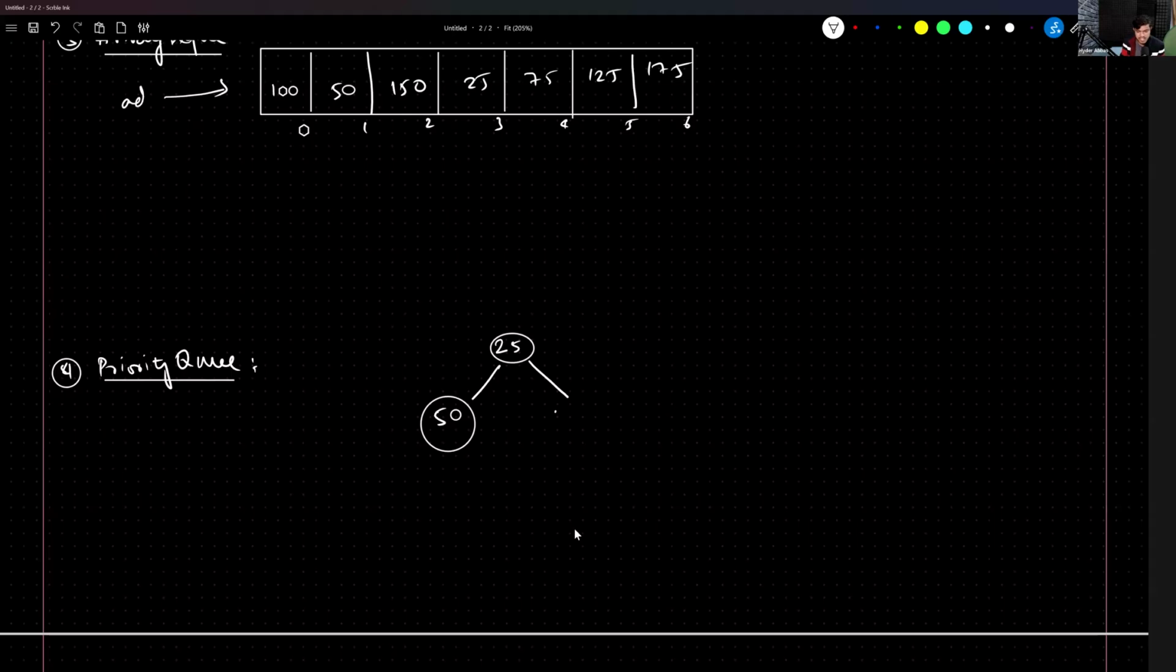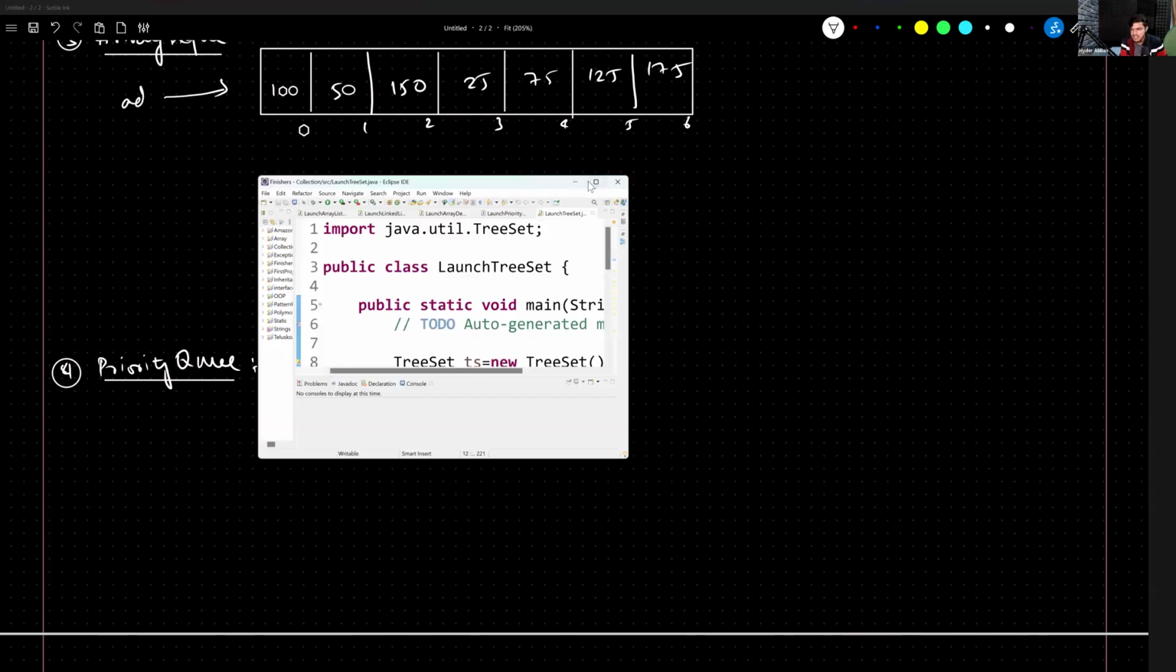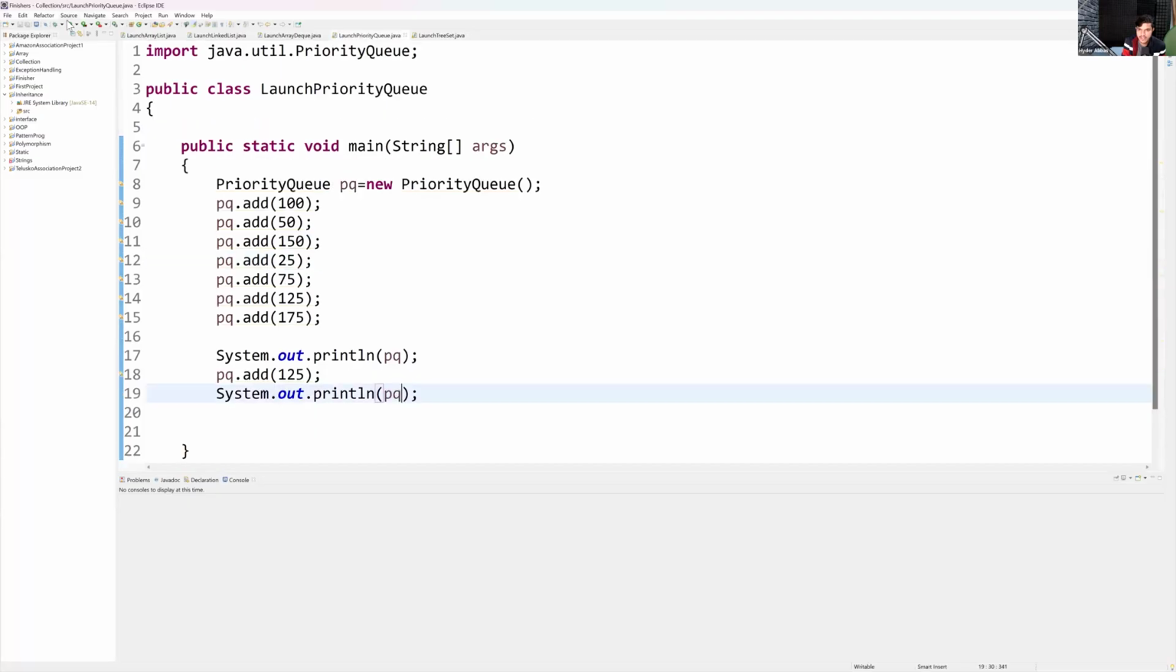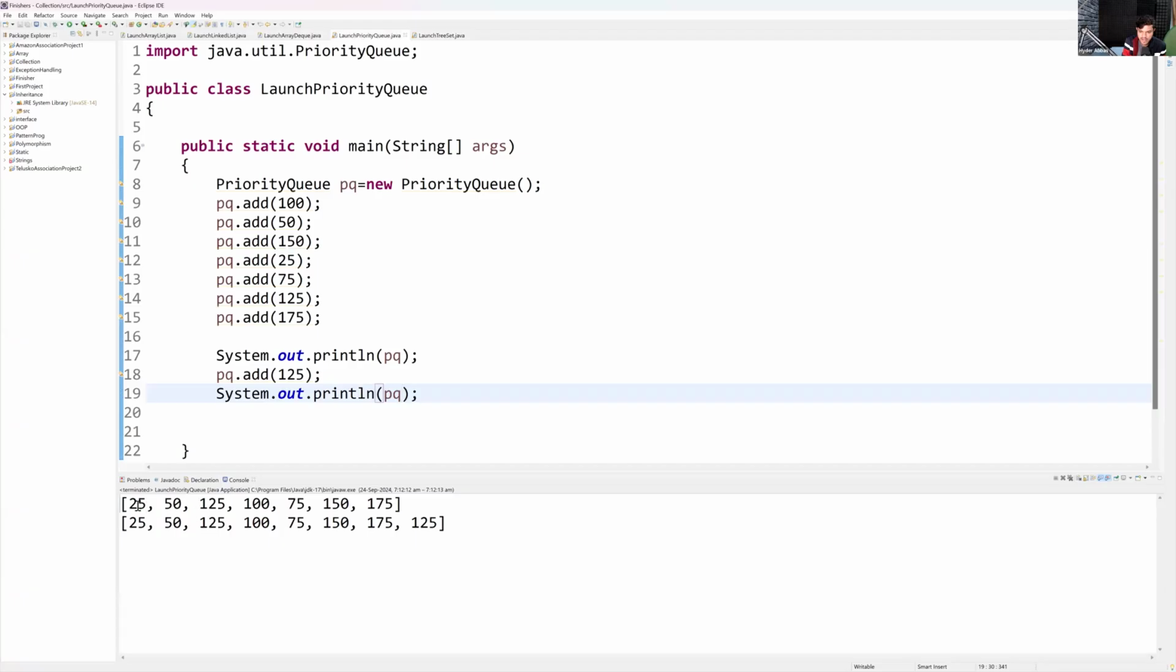Okay, let's check the output, guys, by opening the program, and based on this we can form the tree because we have levels there, right? Let's identify the last class output because it has swapped and all. I would like to go back to my collection priority queue and just run this application. If I run this application, you can see 25, 50, 125, 100,